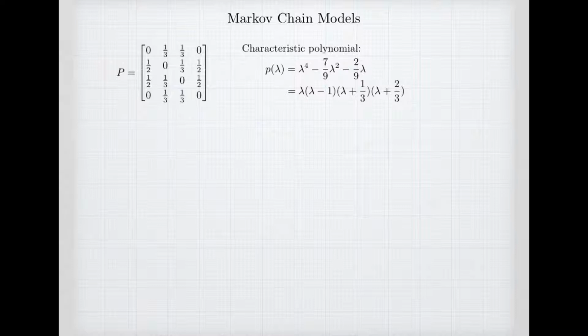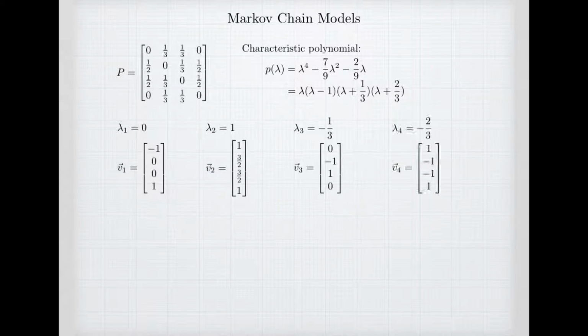So if I go back to my initial distribution, my starting probability distribution, I have 4 linearly independent vectors in R4. And so those 4 vectors form a basis for R4. I can write my initial distribution as a linear combination of those 4 vectors. Now I don't necessarily know what those C1, C2, C3, and C4 are yet, but I know I can do that. And after n steps,